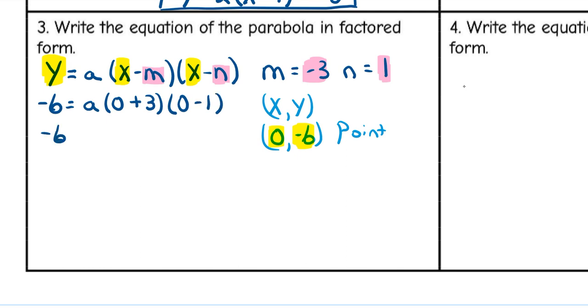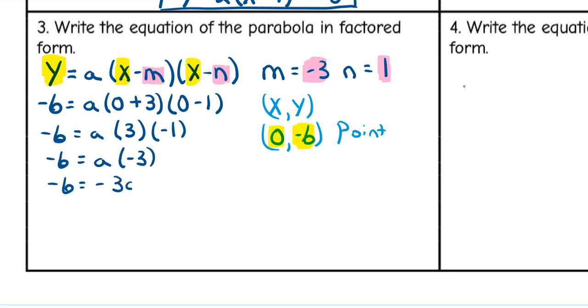Now, what happens is, in this first parenthesis, 0 plus 3 is 3. And in the second parenthesis, 0 minus 1 is -1. So when I multiply a +3 and a -1, I get -3. And again, we usually see the number in front, so I'm just going to rewrite that as -3a equals -6. To solve for the a term then, we would divide both sides by -3, thereby giving us the a term